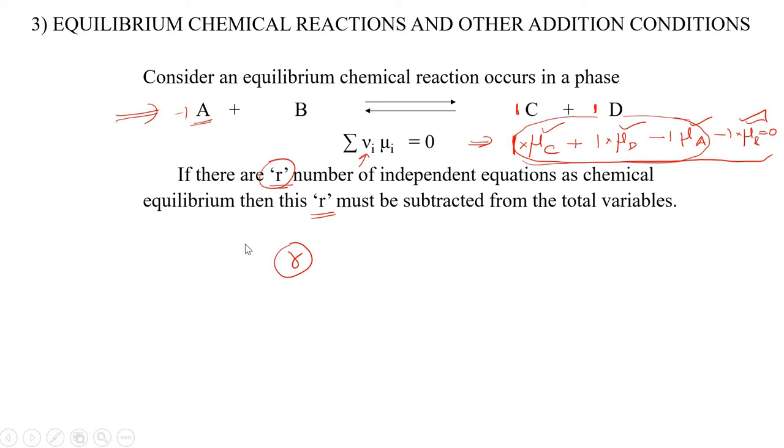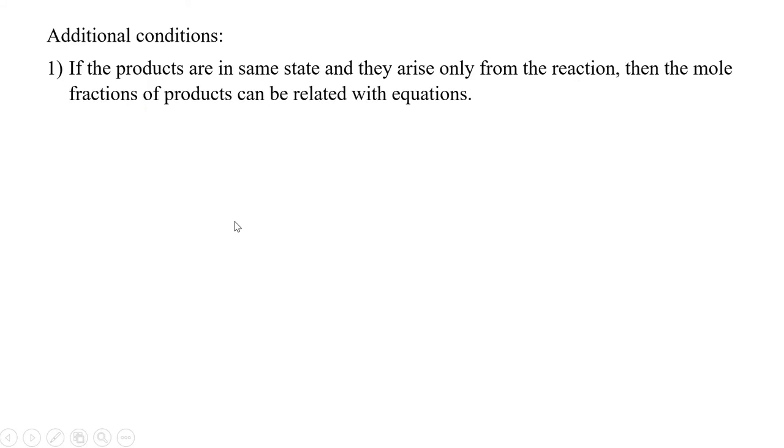Then apart from this chemical equilibrium condition, if a chemical reaction takes place, some other things may also come, some other additional condition. What is the additional condition? Listen, this is very, very important. People often get confused in identifying the additional conditions. So what are the additional conditions? When will an additional condition arise?